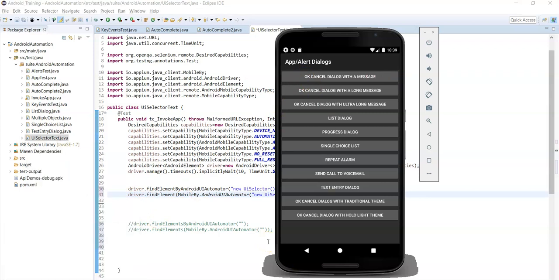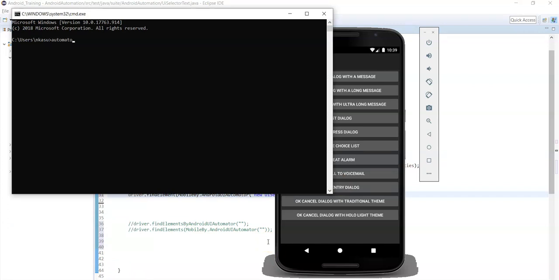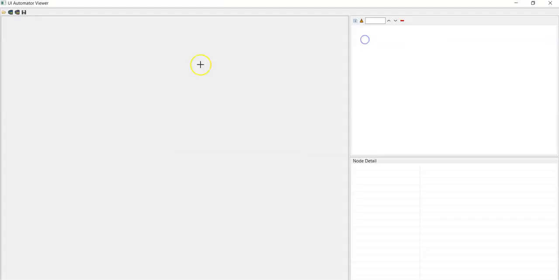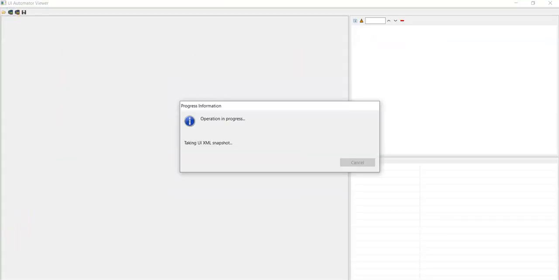Open UI Automator viewer. Let's cross check. Now click on the device screenshot icon and then click on the first button to verify the text attribute value.